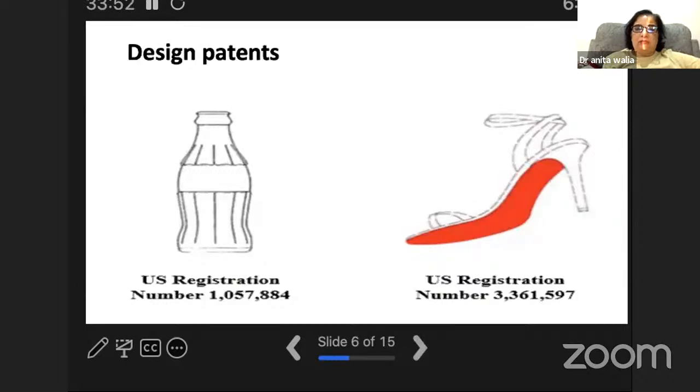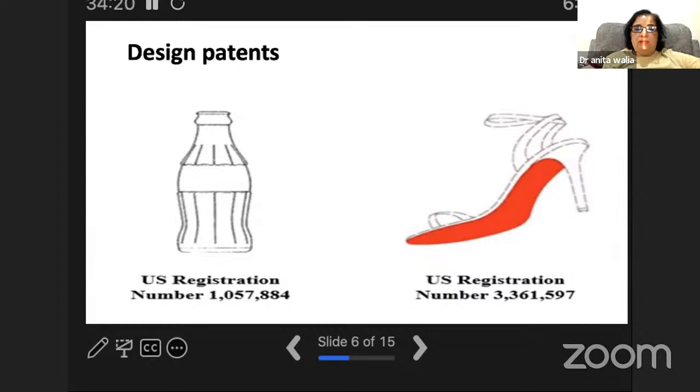Now, somebody was asking me about design patents. How do you obtain a design patent? Again, you should have the three things: novelty, utility, and non-obviousness. You have to see that the design is not a copy of any other design, and that no similar design is available. You also have to file within 1 year of your own publication of the design.